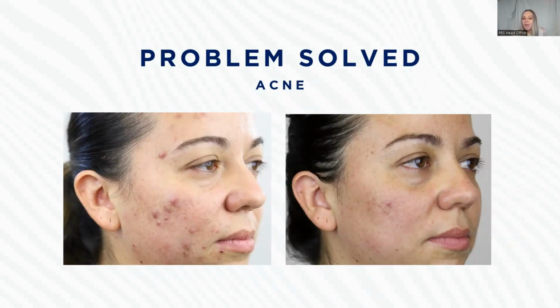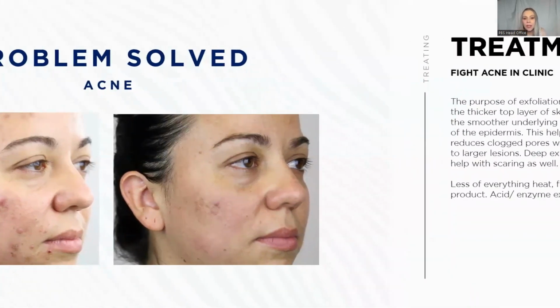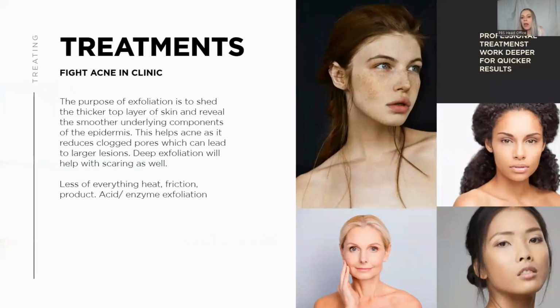So now let's have a look at those treatments that are going to be more beneficial for our clients. We've gone through the ingredients that we want to incorporate into our clients' skincare diet and ingredients that we want to incorporate into our clinic treatments as well. But let's look at those treatments too, things that we can do to treat them. Now, our in-clinic treatments are really going to support all that hard work that our clients and you are putting in at home. So they are going to work deeper into the skin,